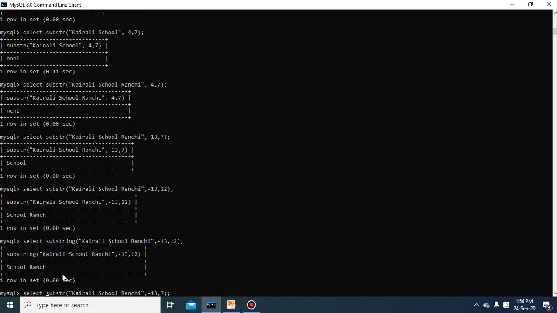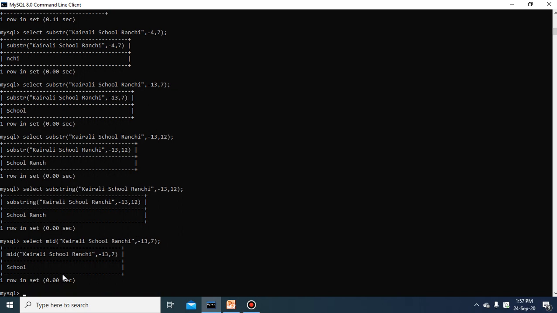Another name for the SUBSTRING function or SUBSTR function is the MID function. So you have to remember, if the question says select mid and the string is given and the question asks to find the output, then you have to take care that the MID, SUBSTR and SUBSTRING functions all have the same output. They are the same name for the same purpose.